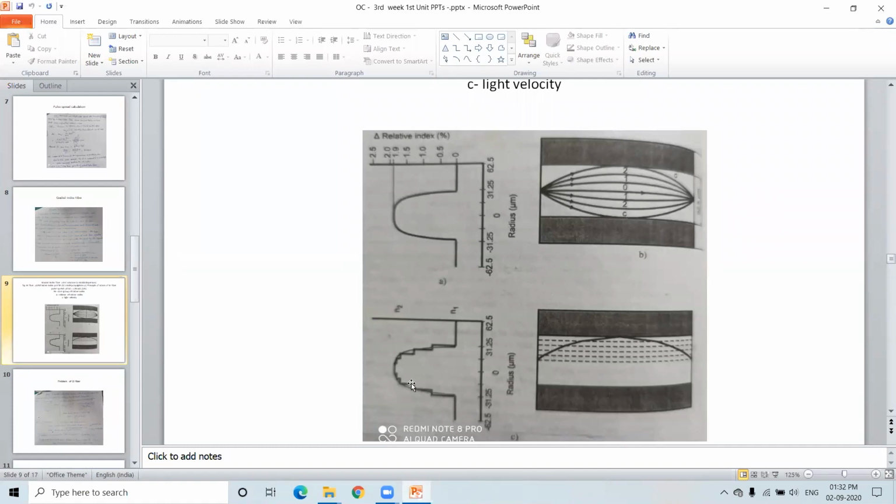At this, the refractive index is this, and at this, like this. So the refractive index of each layer is different, and all the refractive indexes are gradually increasing. Therefore, this is the refractive index profile gradually increasing. The x-axis is the diameter of the core, and the y-axis is the relative refractive index in terms of percentages.